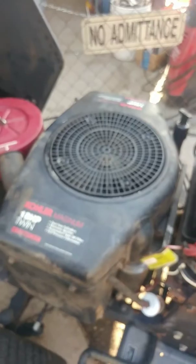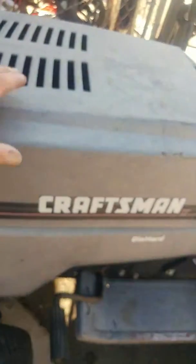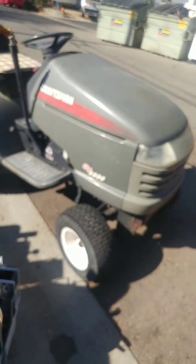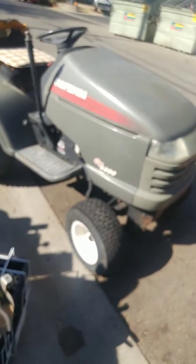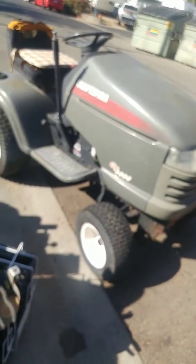And you can't even buy this one. I'm not sure. I bet I could buy it, but I bet it's about $1,800. Oh, and then on top of that, that says 18 horsepower, and this one's 27. Well, let me tell you, the torque that's produced in this engine outweighs that Courage engine at least 2 to 1. So if that's only a 18 horse, and they're calling that a 26 horse, we're talking,